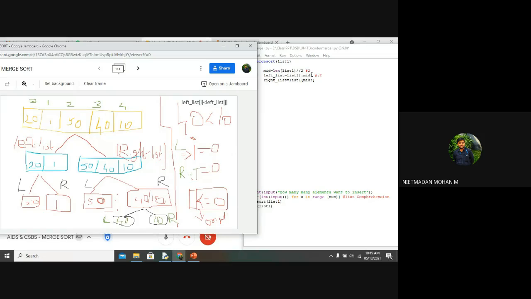The mid value is 2. If I am giving colon on the left hand side, it won't include the mid value. Up to the mid value, it will take the elements as the left list. If I am giving the colon on the right hand side, it will include the mid value and it will take the remaining elements in the right list.